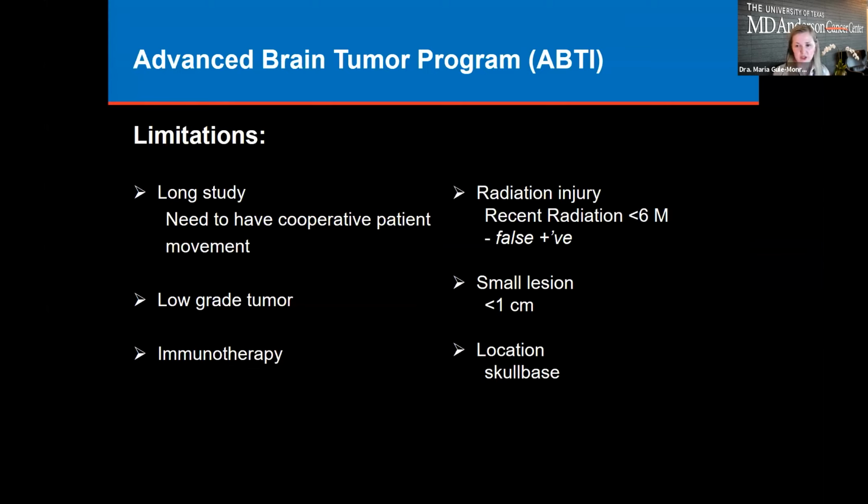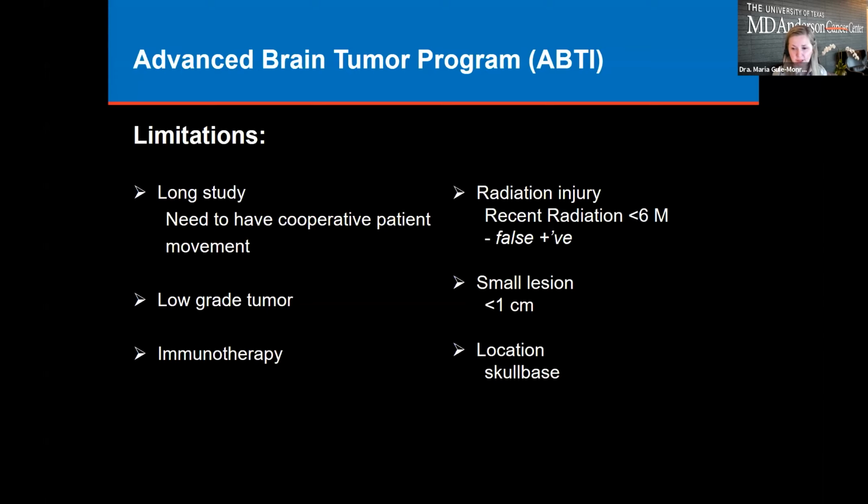There are some limitations to this. It is a lengthy study, and you need a cooperative patient, and the study may be degraded by movement. ABTI is most helpful in high-grade tumors and is not really very specific for findings in lower-grade gliomas. There are lots of confounding variables in the cases of immunotherapy, which is becoming more commonplace and is a real challenge that